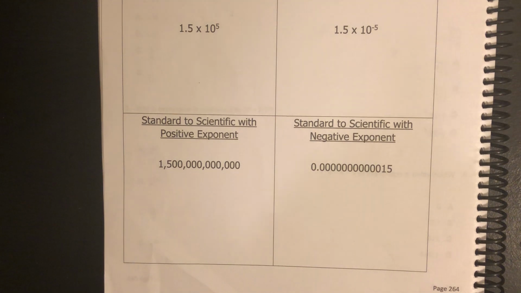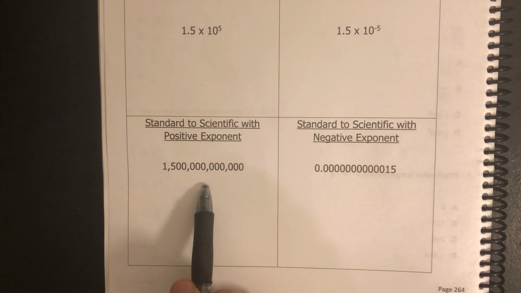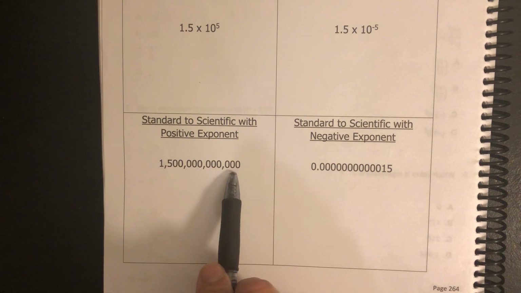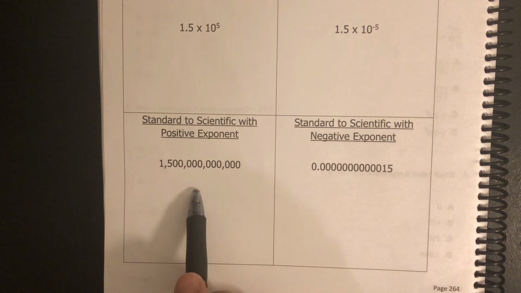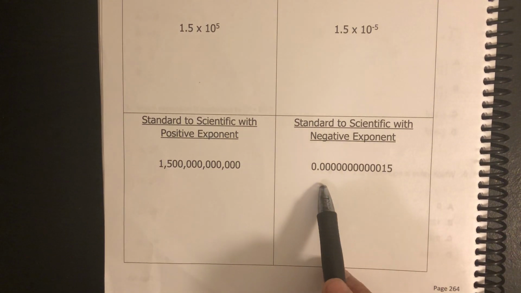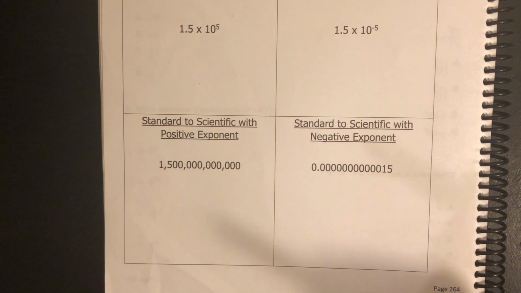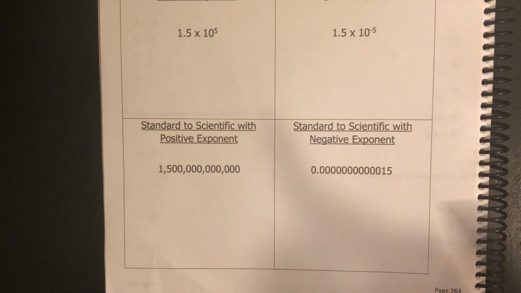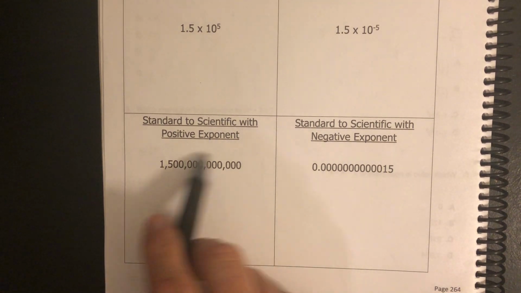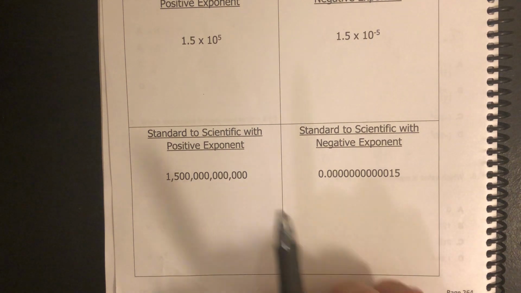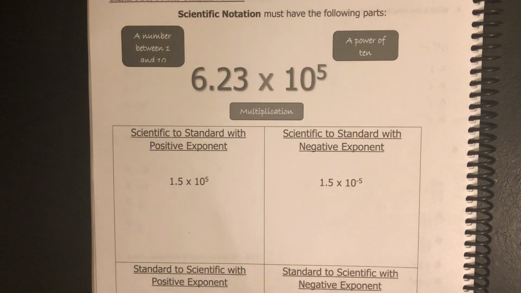And of course, if you're writing information down, you don't want to be writing this number over and over again and writing out this many zeros over and over again, because you have to write this number multiple times. Chances are you're probably going to leave off a zero somewhere. Or if you have a really, really small decimal, you don't want to be writing all these zeros over and over every time you write down this number and then make a mistake. Okay? So, scientific notation is used to convert these numbers into something that's a little bit easier